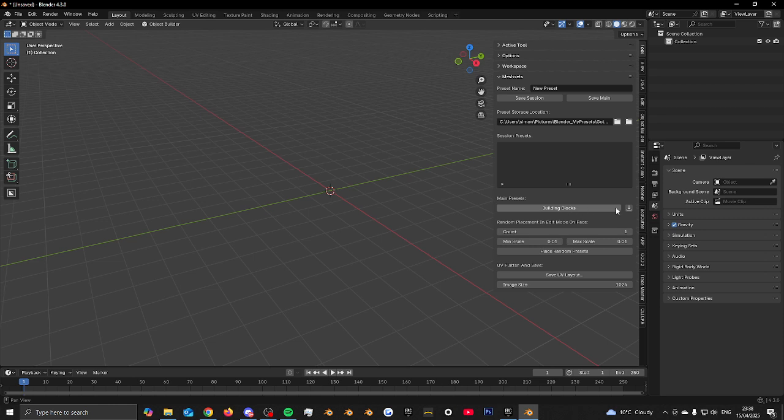When you want to load the preset, you come on over to the little white drop down arrow, press it once, and it comes up with the name of the preset and the count. This is how many times you want this preset to be loaded into your scene, into your collection as a whole. So in my case, I only want one because this is a group of meshes. So press OK,